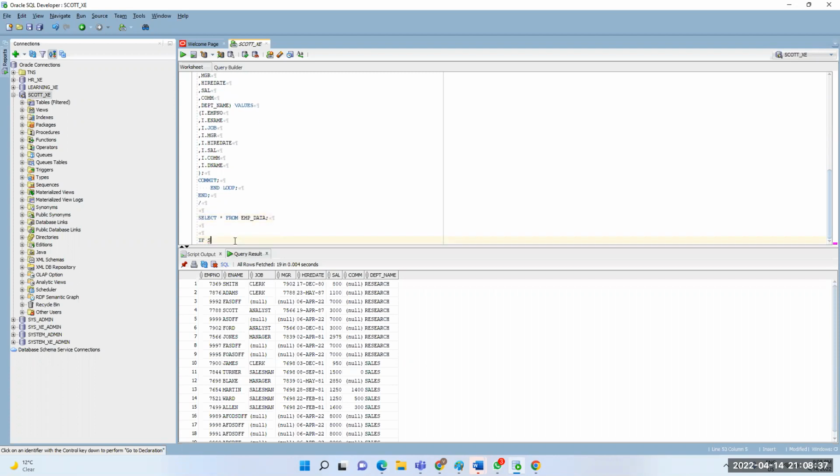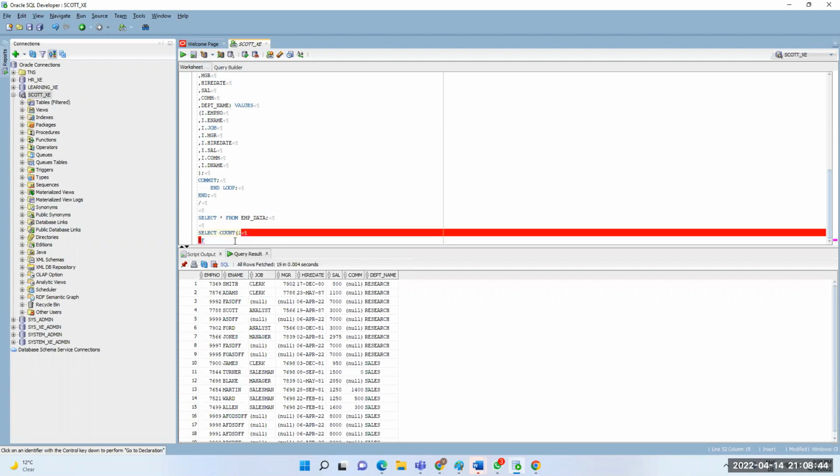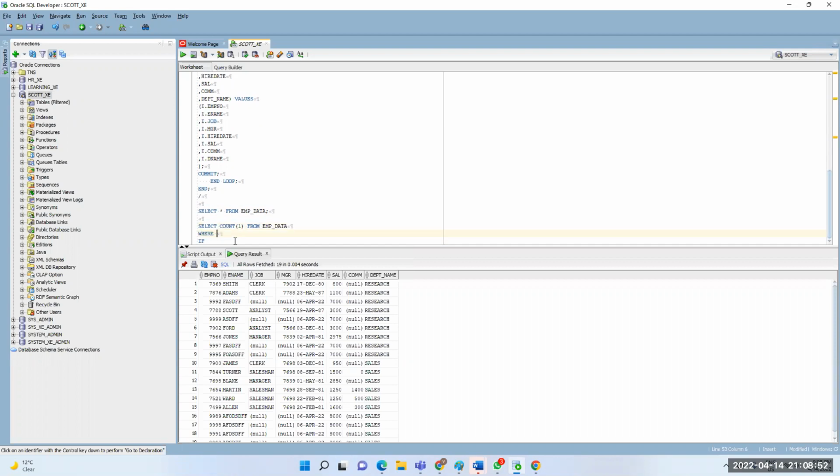Before that, we'll write a select query, just count of 1 from employee data where emp number equal to I.emp number, because I is the cursor data variable. The cursor data we need to match with this employee number.